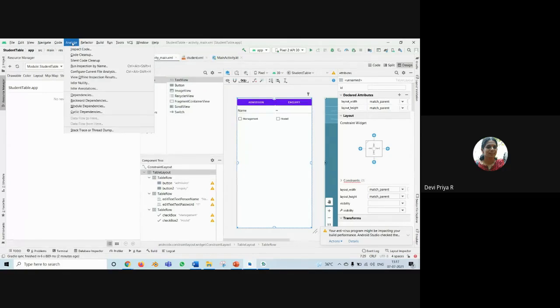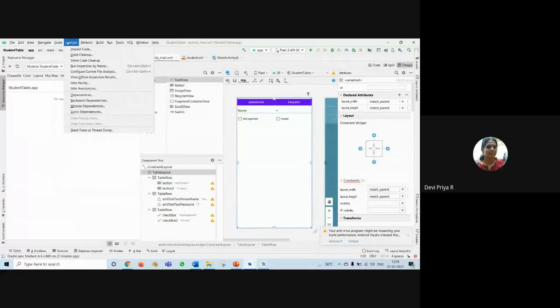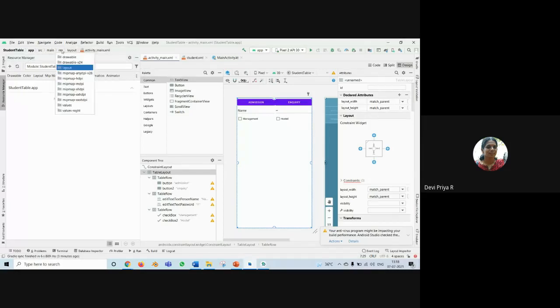And one more thing, you can inspect code when you have some errors. This is a normal thing that we do in any programming language, but here if you have missed something, you can just give inspect code. These are the main things I want to tell you. And if there are any doubts, you can ask me.